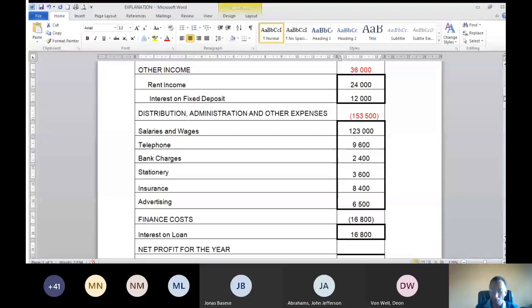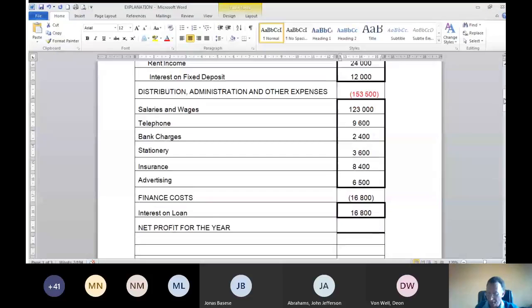Subtract now your finance cost also of 16,800. And that will give you then